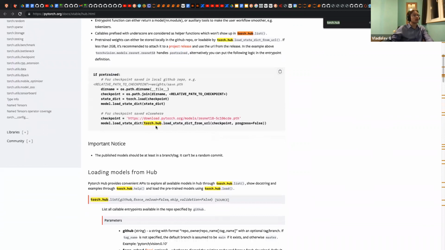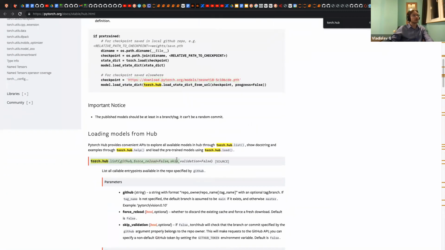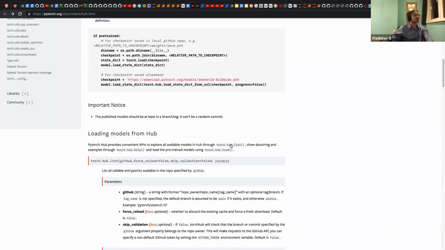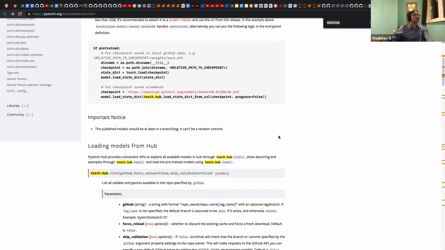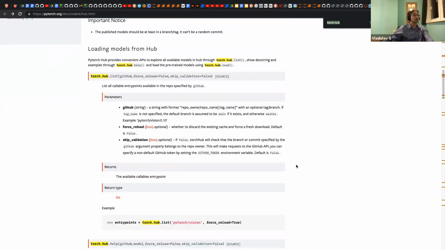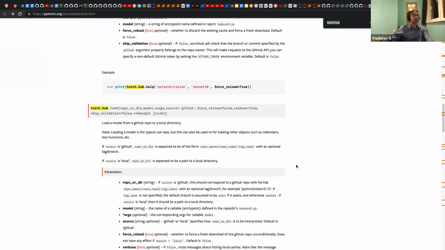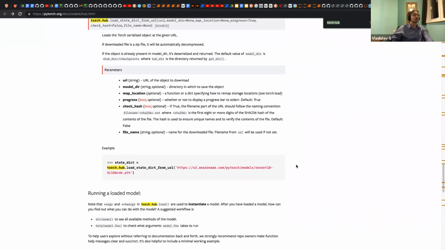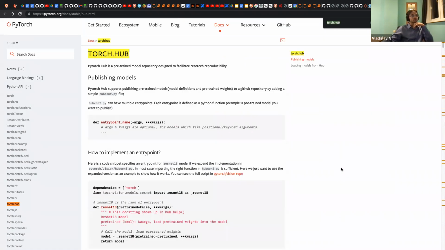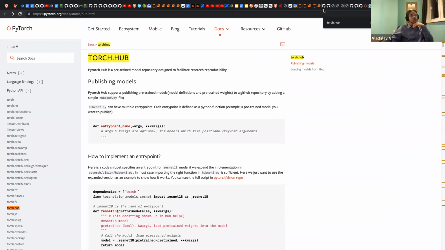Let's look how torch.hub loads state dicts from URL. So you put it to URL, and oh no, that's not what I wanted. So you use Torch Hub load, Torch Hub list, and so on. This is a nice way to download and upload things with PyTorch. So I think that's all for today.